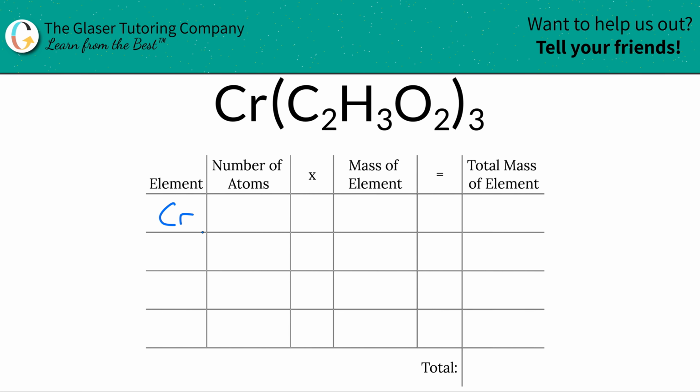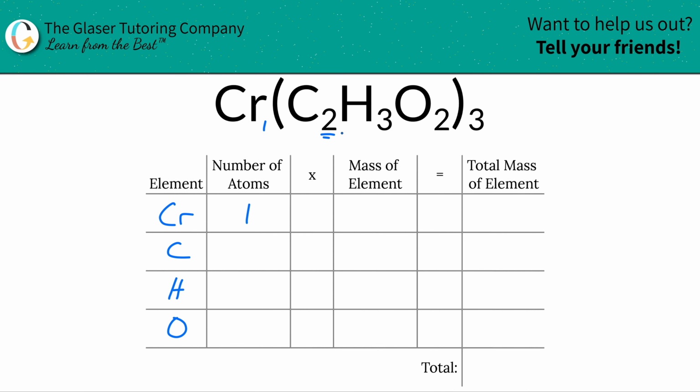So I see chromium, carbon, hydrogen, and oxygen. Next is to write down the number of atoms of each, and that's where the subscripts come into play. For chromium, there's an invisible one there, so that means there's one chromium atom. For carbon, there are 2 carbon atoms, but that's in one acetate. You have 3 of them, 3 of those acetates, meaning